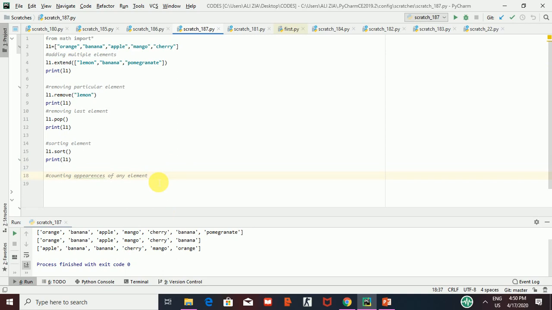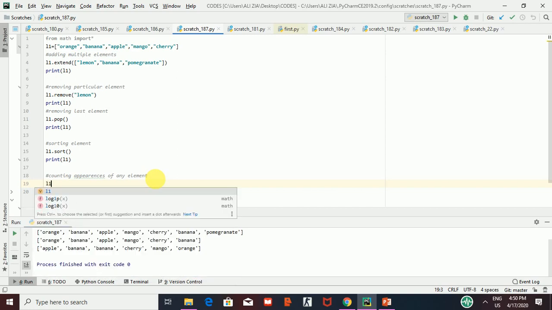In the last one, I would like to tell you, if you have a number of elements in the list and you cannot count them quickly by the human brain, what to use? Now I am writing the list name L1 dot count. In this list I want to know how many times banana has occurred in L1. So I would write L1 dot count and then the name I want to search for the count.